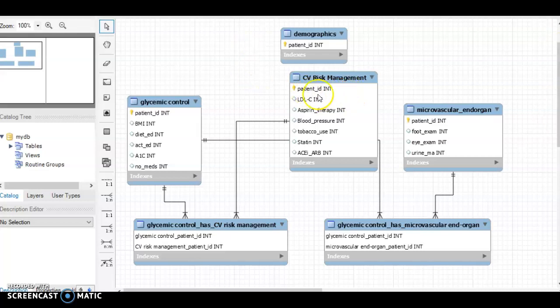And then when you're doing CV risk management, there's a whole bunch of factors that you want to track. But again, when you're writing a script, it's so labor intensive, and I knew I wouldn't be able to do it because I can't even get the script for what I have now. So I put in there the LDL-C, which is the most important,